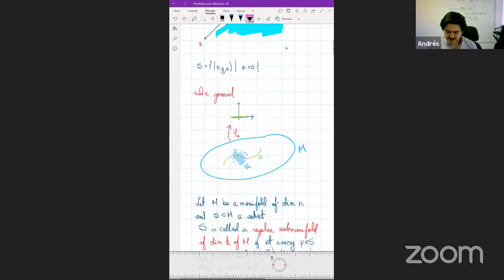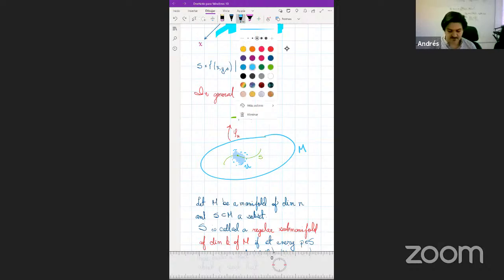So right now we would call this a regular submanifold of dimension k inside of M. M is our universe. And we're going to impose only local conditions. So at every single point of S,